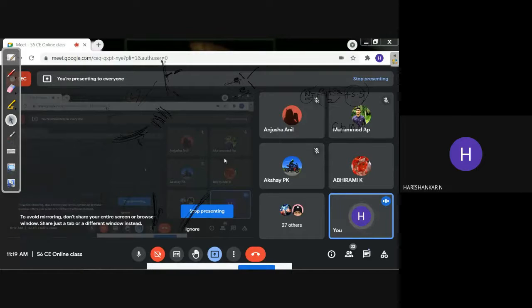For the grade separated intersections, we will just start. Grade separated intersection means you will be having different grades, and in all those grades you can have high grades. So it will definitely reduce the conflict points. It can be of different types also, like direct, semi-direct, and indirect intersections. We will discuss the diagrams of these three grade separated intersections in detail during the next class, and we will see the advantages and disadvantages of this grade separated intersection.